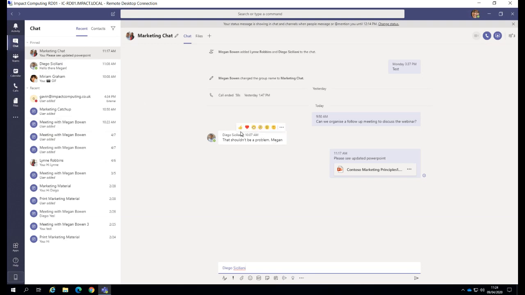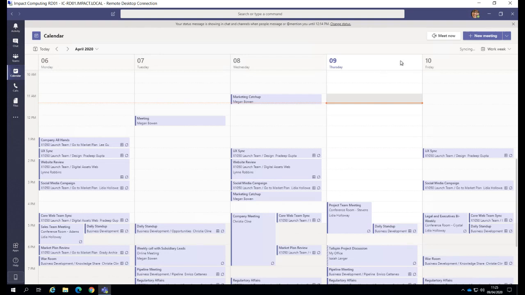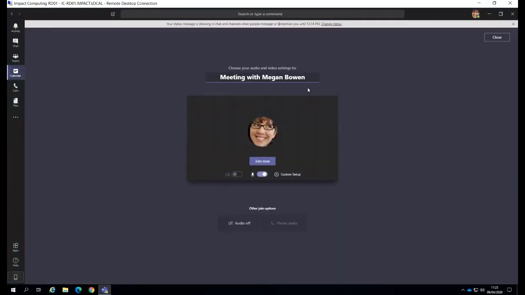So on to the final tip that we'd like to share with you today, and that's how to start meetings. The reason that's the tip is because it isn't always immediately obvious, but you can start meetings in a number of different ways. The first is to use the calendar option and use the Meet Now button to set up a meeting. You give that a